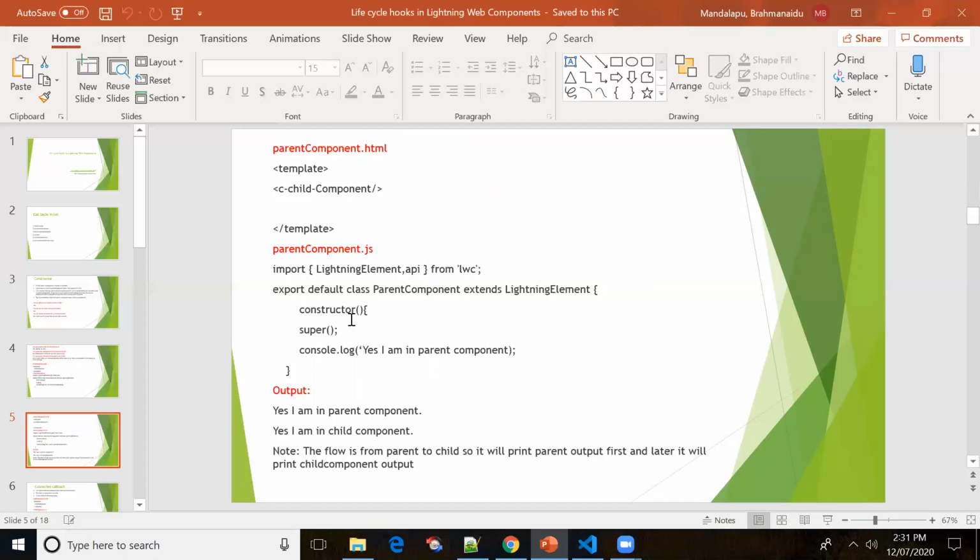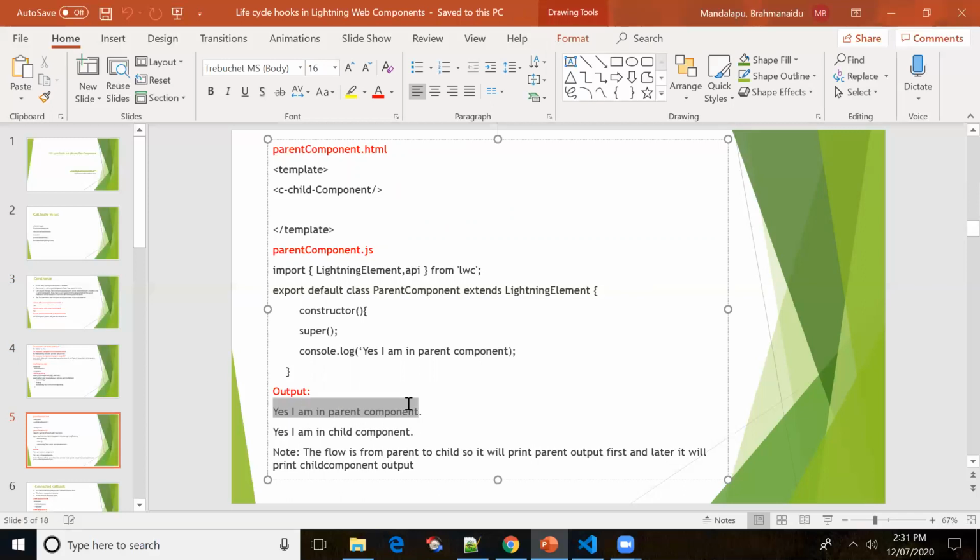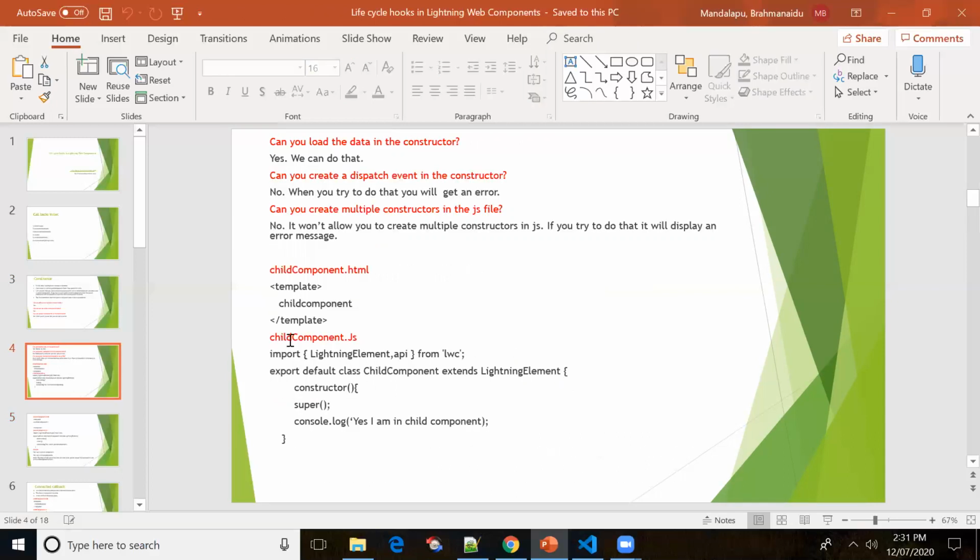In the parent component we have written the same thing, but we changed the message. If you execute this program, the first output will come from the parent, "Yes, I'm in parent component," because the flow is from parent to child. Later on, we'll see the output from the child component.